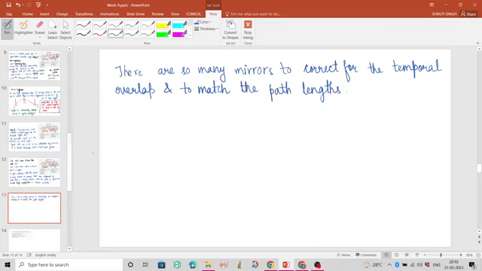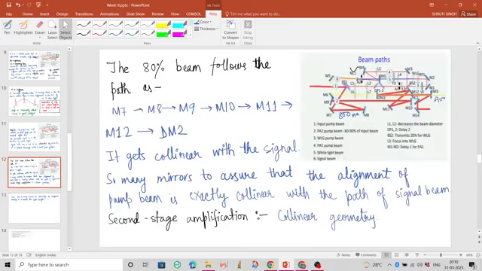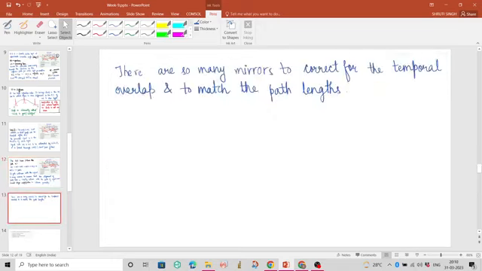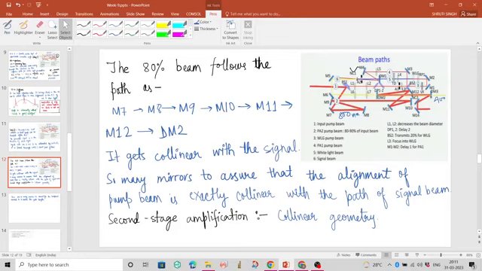So now what I have written is about these many mirrors from M7 to M12. We have these 6 mirrors. So why are there so many mirrors? These mirrors are to correct for the temporal overlap and to match the path length. Now after DM2, both the signal and the pump hit the nonlinear crystal, which amplifies the signal, and then